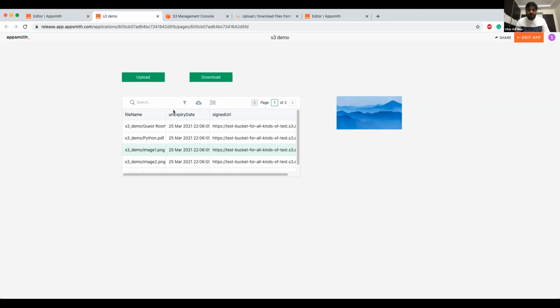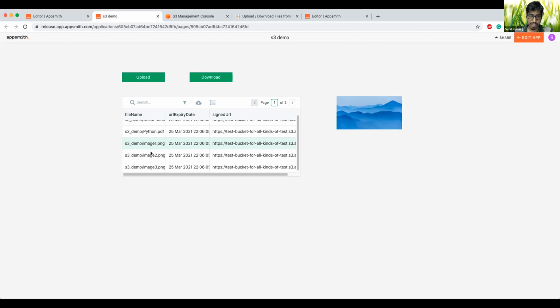Yeah. Okay, so this is a deployed application. First I'll tell you about the application itself, and then I'll show how to build it. This application allows a user to upload a file or download a file. The file which gets downloaded is the one you select in this table widget. Here we have an image displayer, a widget that displays an image. In this table, you can see there are a lot of files. These are the files present in my Amazon S3 bucket right now.